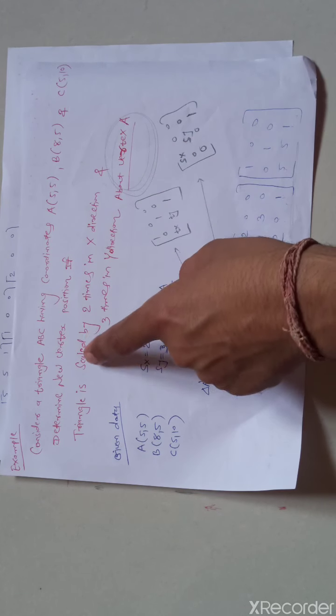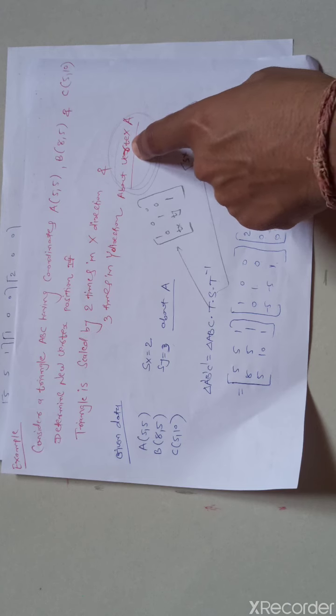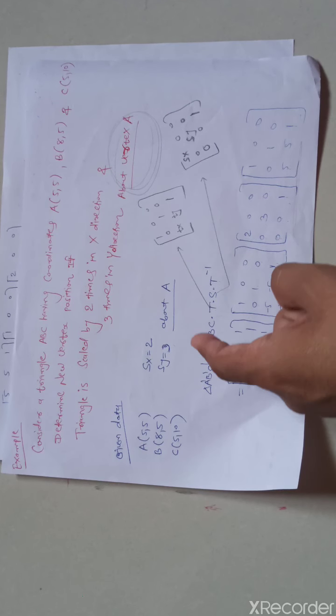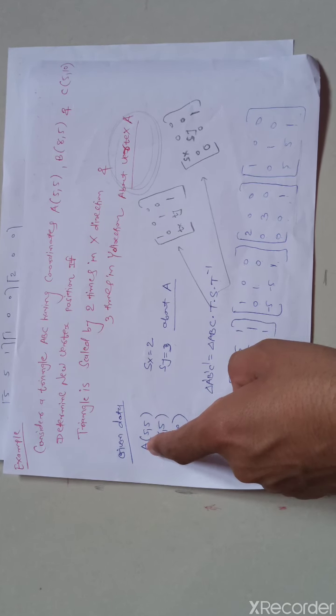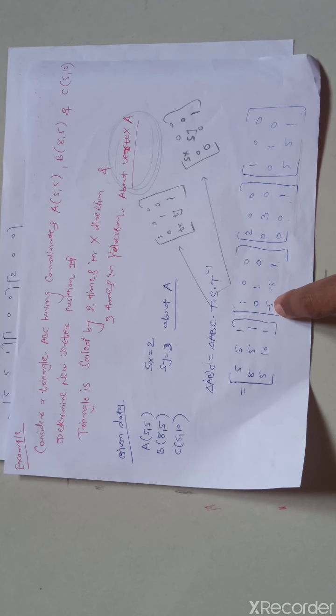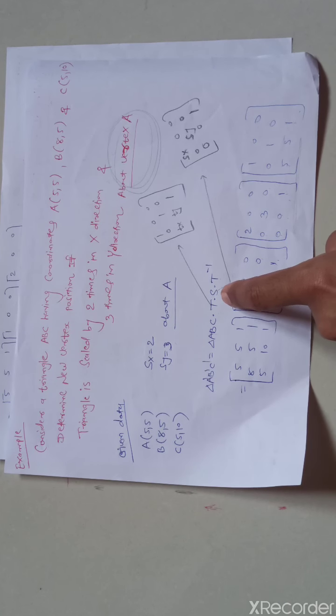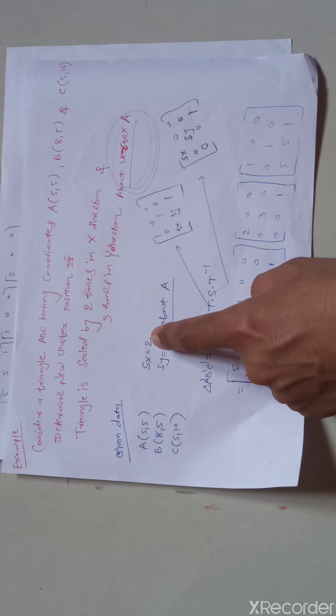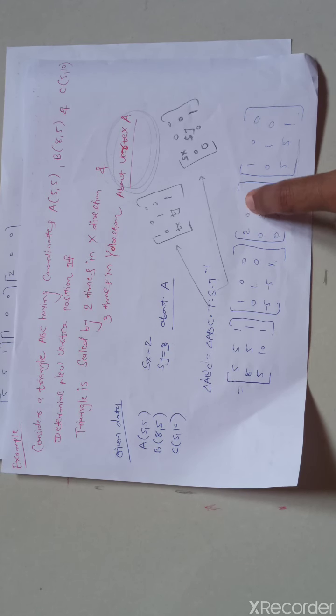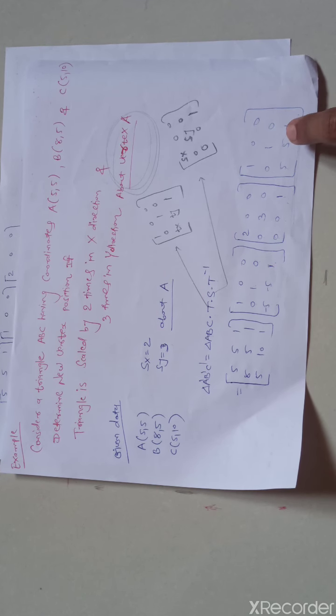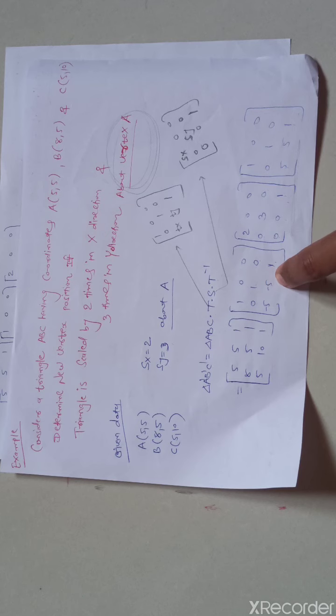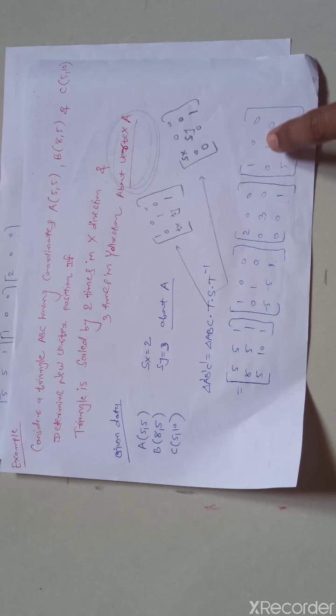Here scaling is done with respect to A. So that's why we move this (5,5), means A point, to the origin. So we write minus 5 minus 5. Then we write down the scaling matrix. So here the scaling factor is given. So simply put [2 0 0; 0 3 0; 0 0 1]. And the inverse translation matrix is written from this: [1 0 0; 0 1 0; 5 5 1].